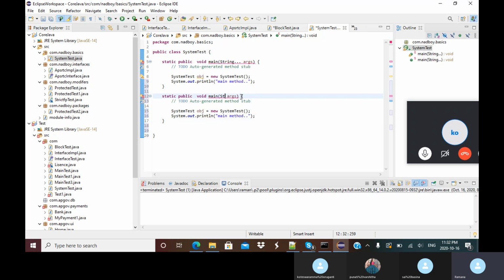so I'm giving an integer argument here. Okay, so this is acceptable. Let's say an integer-argument main method. Now if I run this, which one will be called, the first one or the second one? Let's see. It will call the first one, because